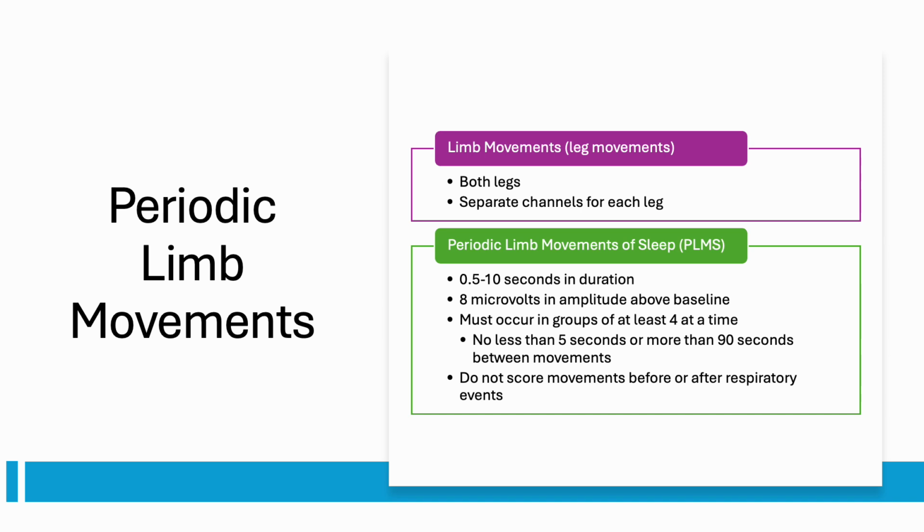If there is not a place in the report for the number of left leg versus right leg movements, do you really need separate leg channels? Well, most reports do not report separate leg channels. However, it's good to document which limb it is, especially if the patient is experiencing pain in one leg, it might be that one that's moving a lot. Diabetic peripheral neuropathy can also cause limb movements,